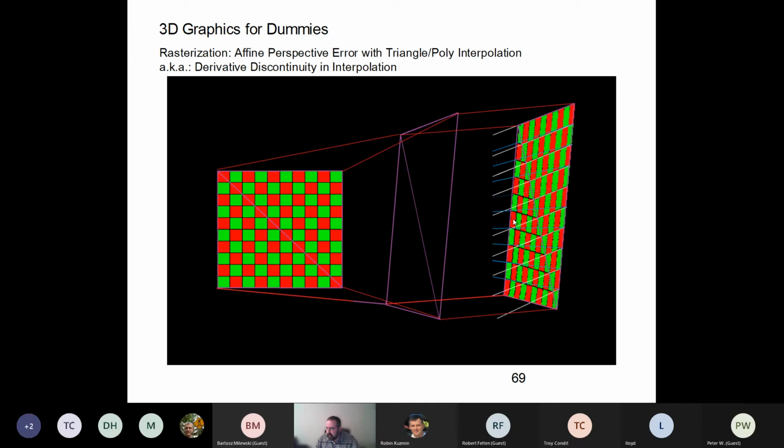Affine perspective error with poly interpolation, or derivative discontinuity in interpolation. Basically, it just means things don't line up because the math bent them. And the reason, and actually, I skipped a word earlier here, is that this triangle knows nothing about this triangle when it's